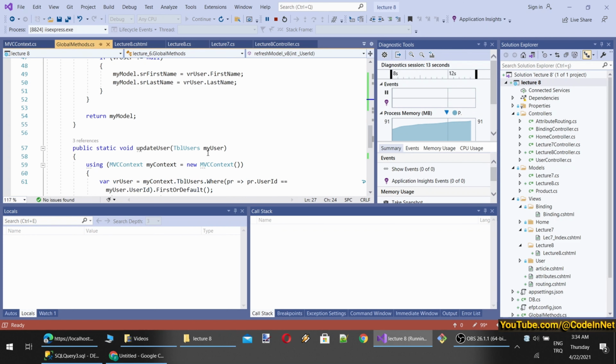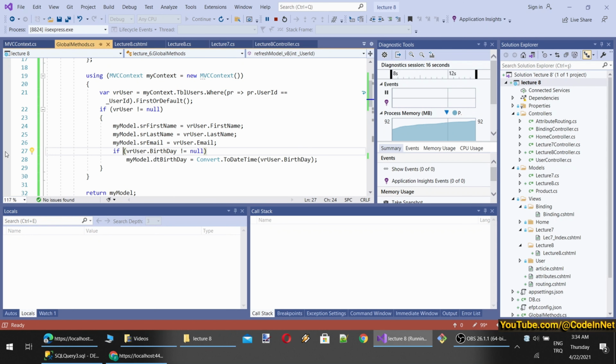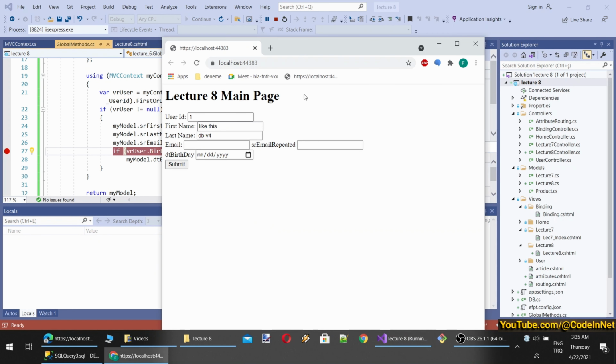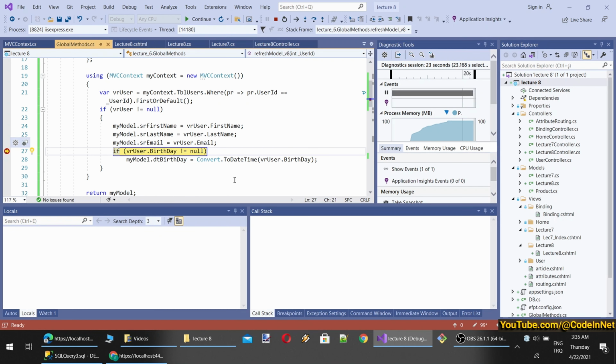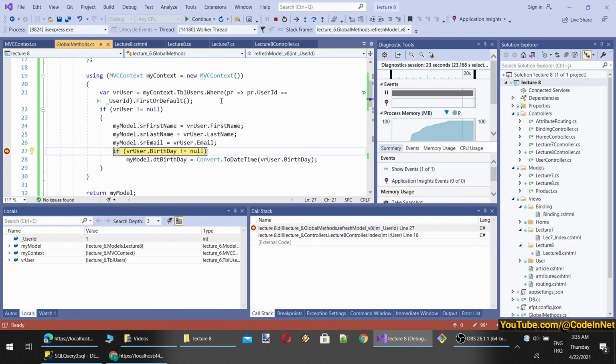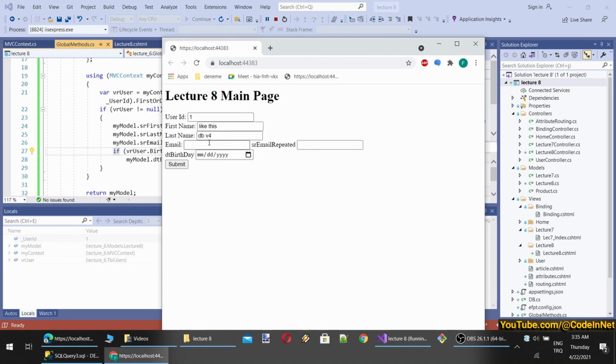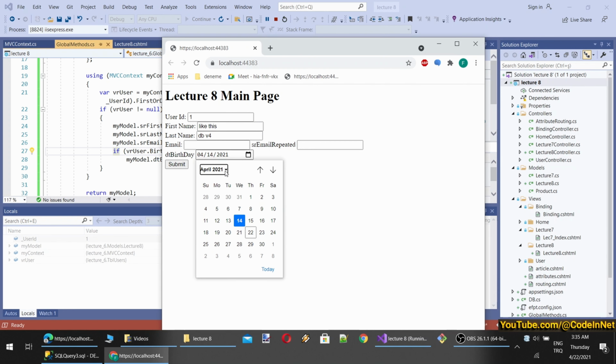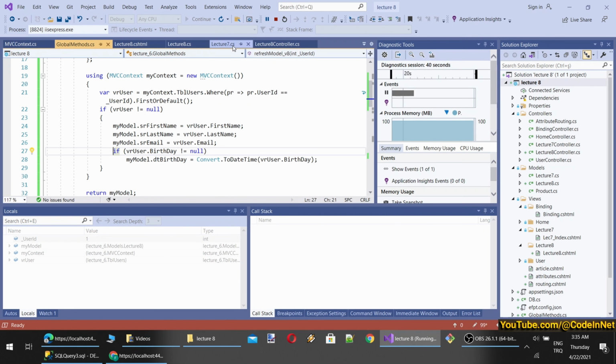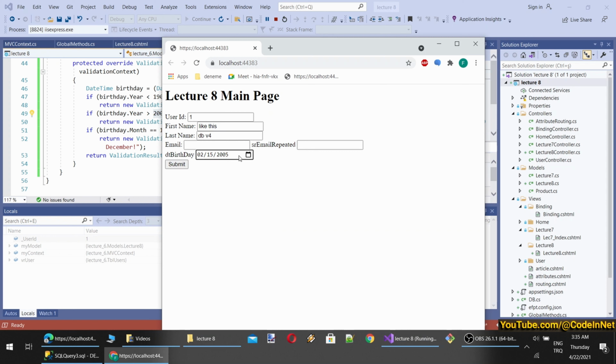So to be sure, we just need to set a breakpoint here. When we refresh the model, we will see. So let's refresh. So the birthday, okay, it is null, therefore it should work. Yeah, working. And let's update this user birthday to something valid, as 2005, February 15. I think it is okay, not satisfying. So we need to change it to something like this. Okay, now it should work.